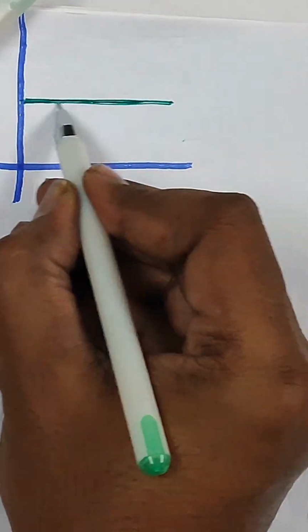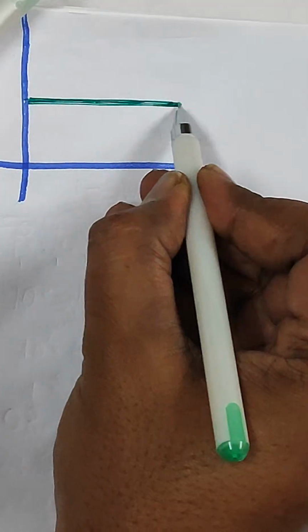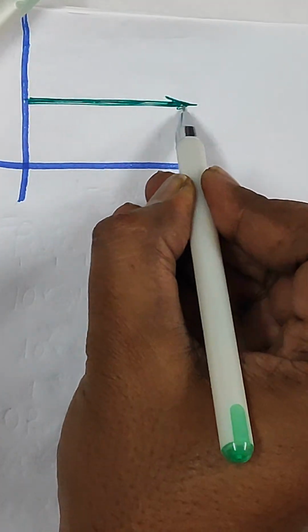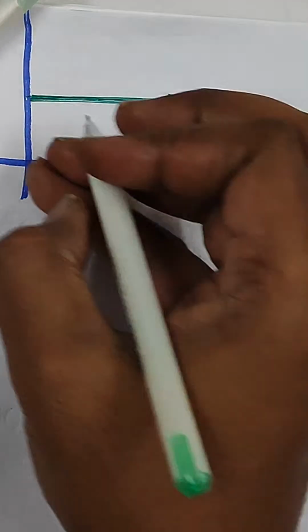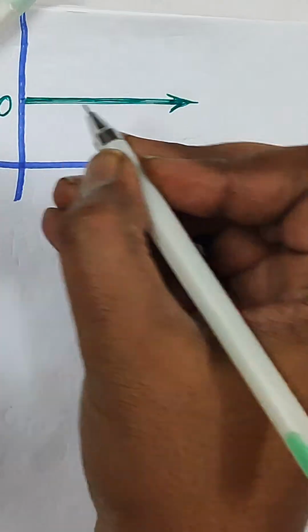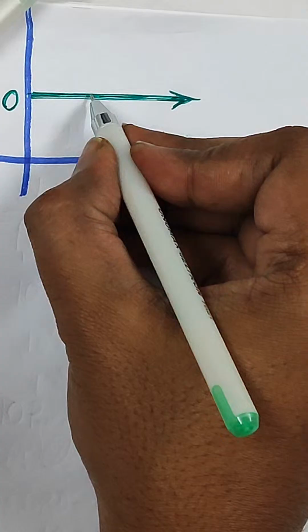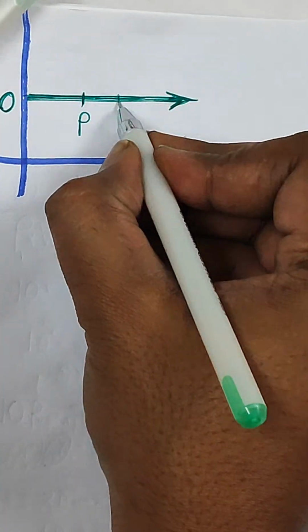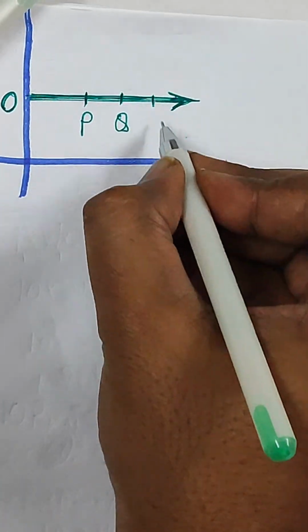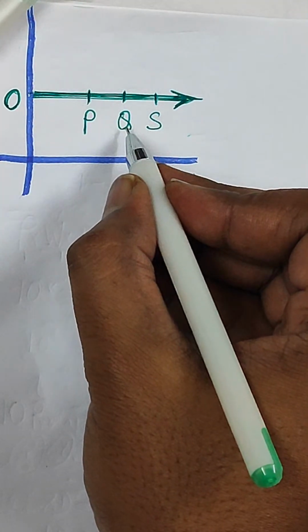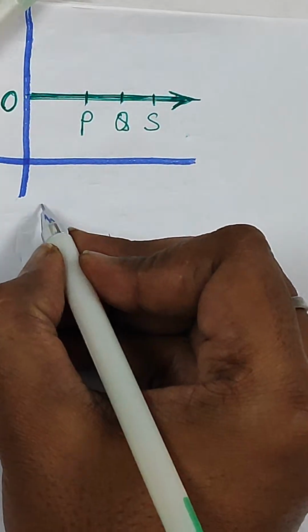This is a straight line, right? So this particle is moving like this. Now there are few points which are plotted on the graph. If this is plotted with O, then P, Q, and S are 3 points,